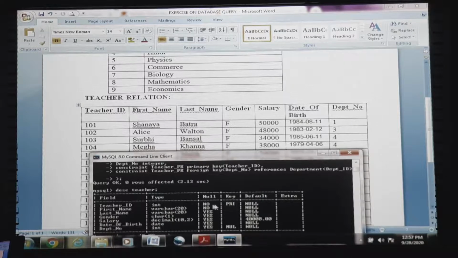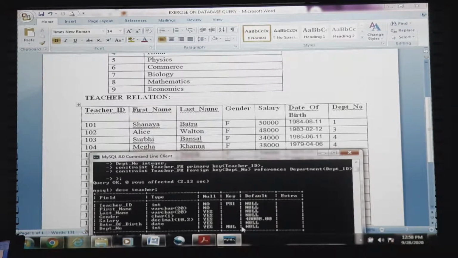First name has been declared not null. The salary has a default value of 40,000. Department number is a foreign key referencing the department id column of the department table.